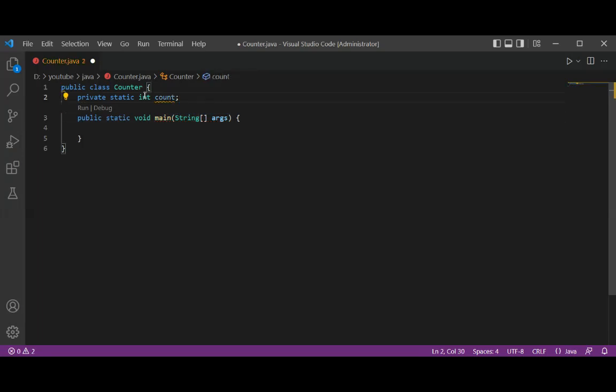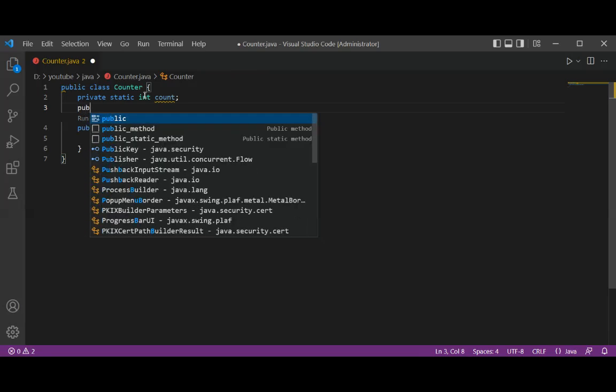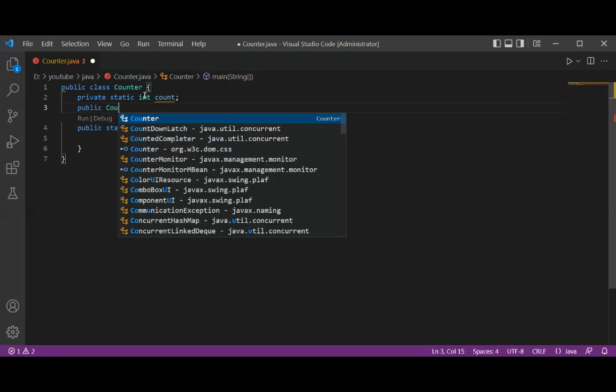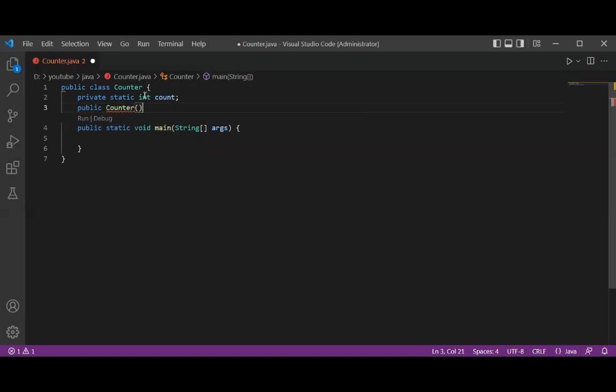and then I will add a public constructor, Counter, and inside the constructor I'm just going to increment the count variable by 1. And now in the main function I'm going to create an instance of Counter,